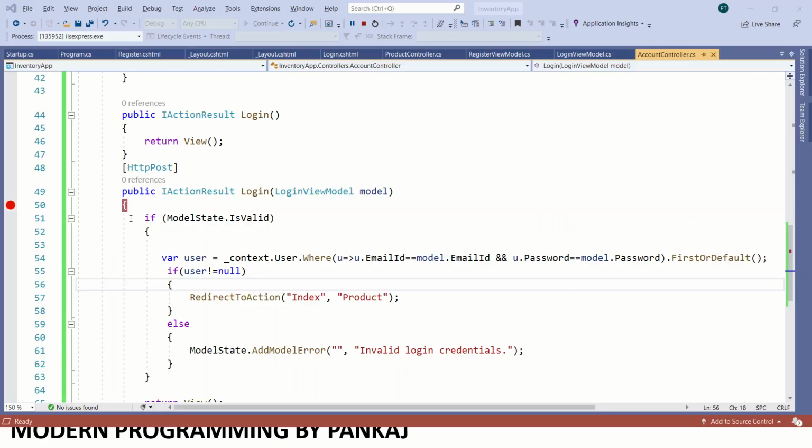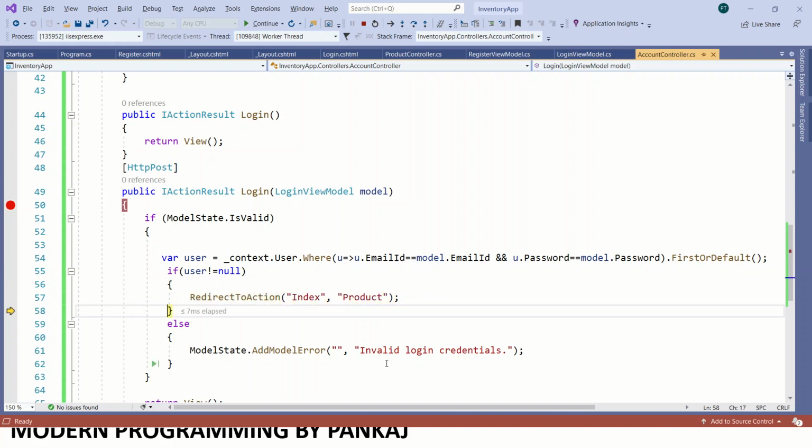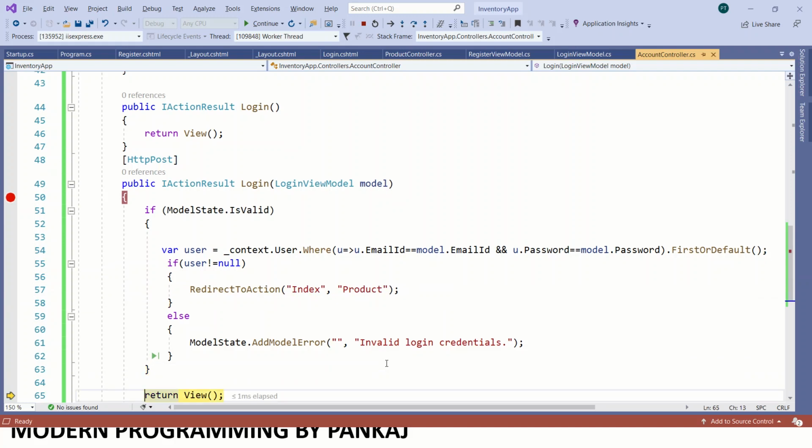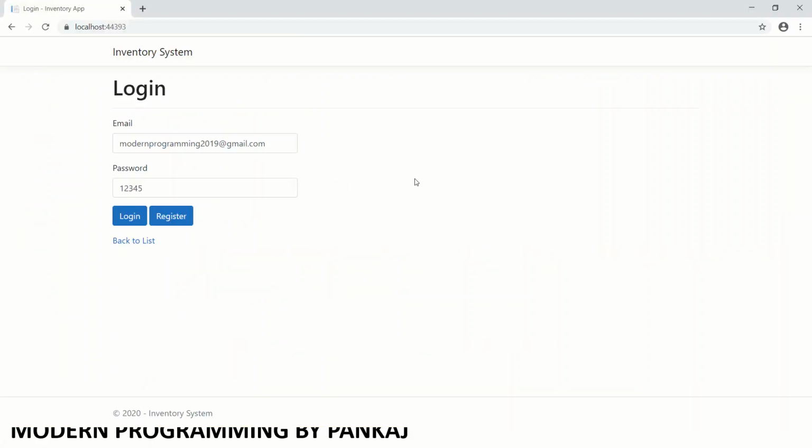What is the problem? Why we are not able to redirect to that action?